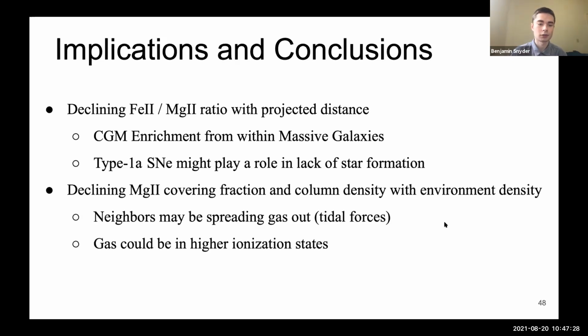And then the less cool gas in less places, what does that tell us? Well, it's possible that in a denser environment, the neighbors could be spreading the gas out due to tidal forces and preventing it from clumping up and forming stars. Or the gas could just be in a higher ionization state, which would mean a higher temperature, which would also quench star formation. So in the future, we're going to look at more lens systems, do pretty similar stuff, because